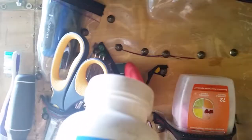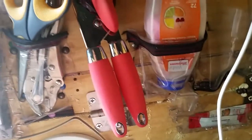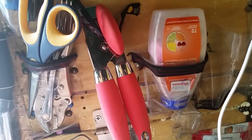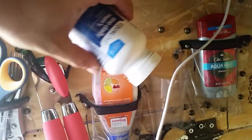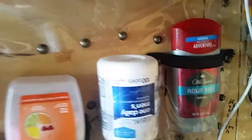antacid. This is actually a vitamin bottle, but what I have in there is a mixture of vitamins and acetaminophen, so either one of those. I kind of wanted to get into taking vitamins, but I haven't really been doing that. But I do have that. Acetaminophen is some kind of pain pills. Deodorant,